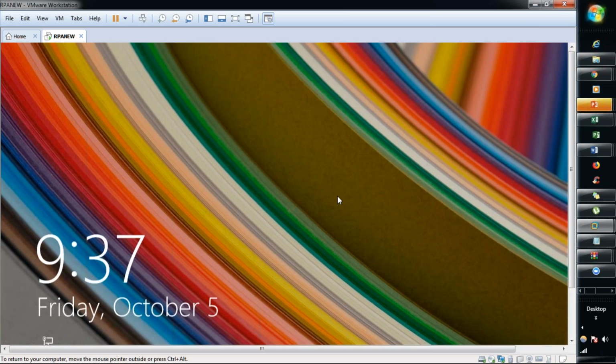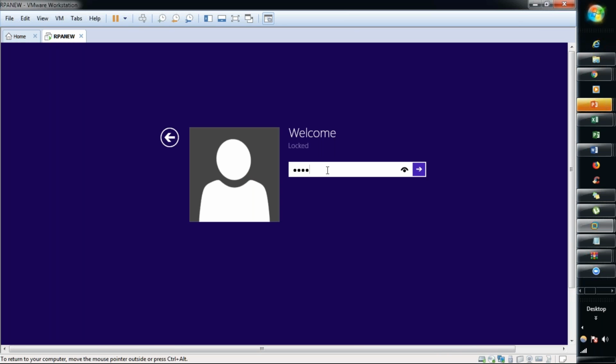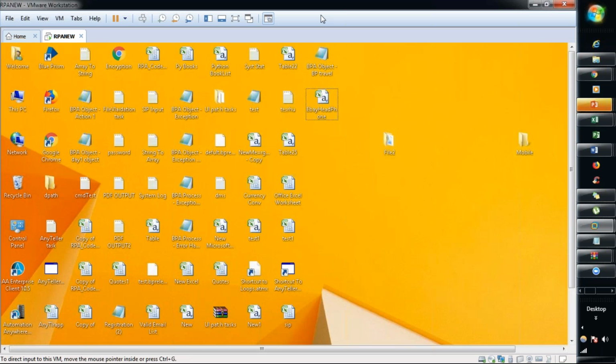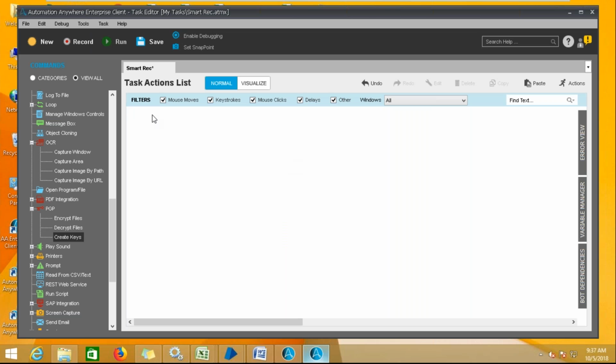But to encrypt data in Automation Anywhere, we don't have only the PGP option. What are the other options available to encrypt the data? Anybody know? This is very important because whenever you automate, you need this particular command to explore further. You need to have that clarity about how this command helps.